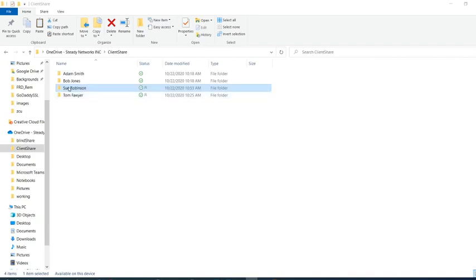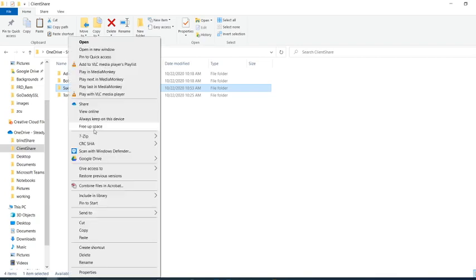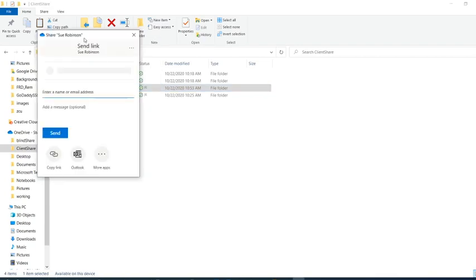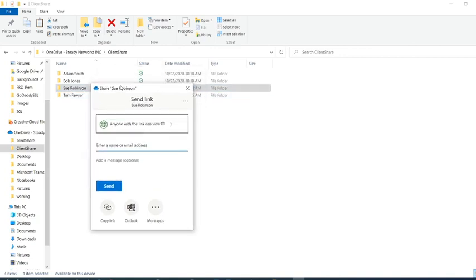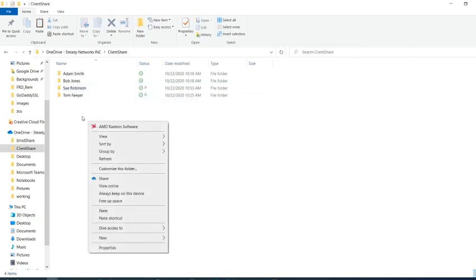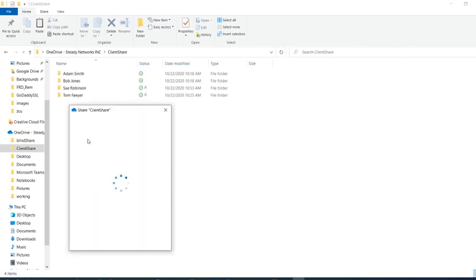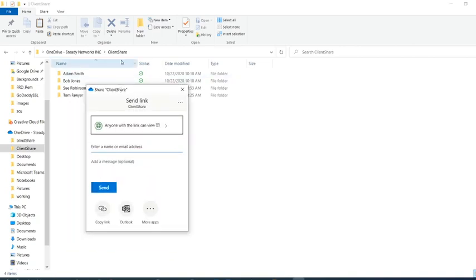When you find the individual folder, you can right-click it and select Share. What we're going to be doing here is sharing all the contents of Sue Robinson here with whomever we choose. You'll notice right away that the names will line up here at the top to indicate what we're sharing. If you accidentally click outside of the folder that you're trying to share, you might accidentally share the parent folder. You want to be careful not to do that, as that will share all of your secure documents